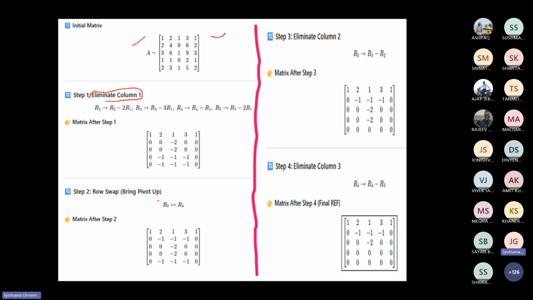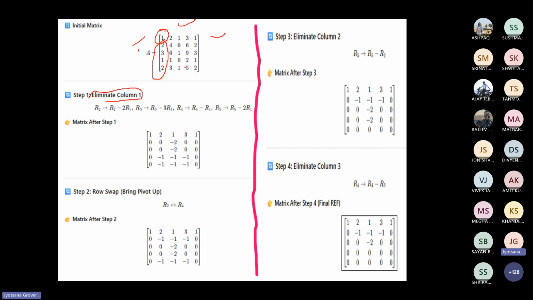Okay, let's see for this example. Let's do it. You will do with me. I hope you have a copy and pen with you. Let's do it. Okay, are you with me? Yes. So the first task is to convert... This is the leading entry of row 1. Now your task is to convert all the entries below this leading entry to 0,